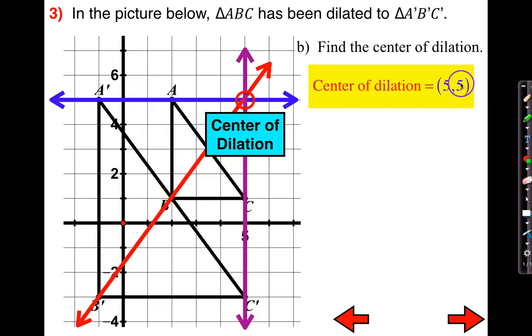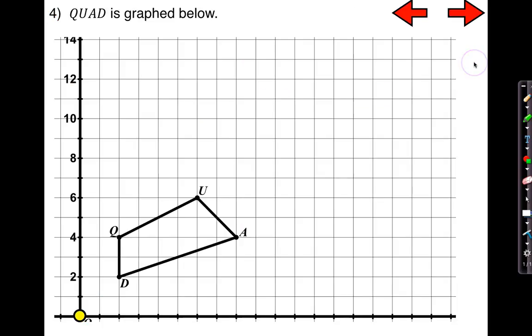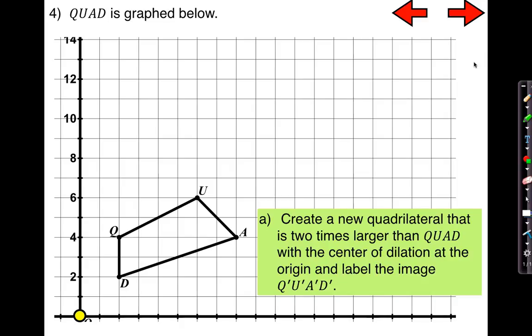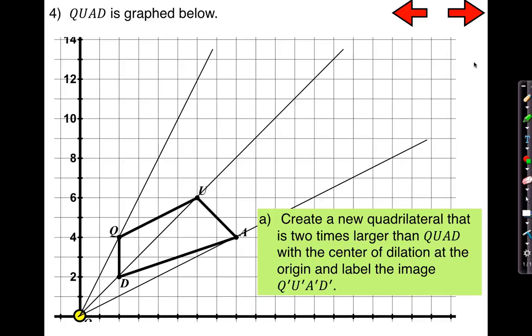So this one, you'll see that the center of dilation was not at the origin. Number 4, quad QUAD is graphed below. Create a new quadrilateral that is 2 times larger than QUAD with the center of dilation at the origin and label the image. So first of all, we do remember that Q and Q prime should be on the same